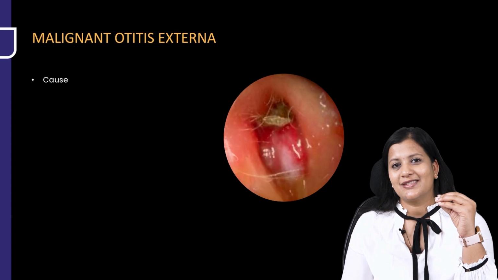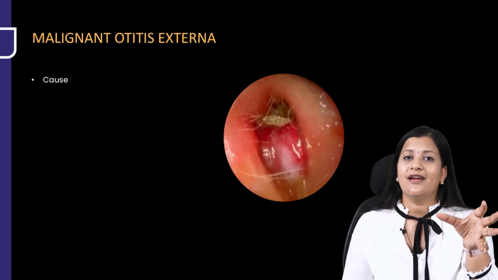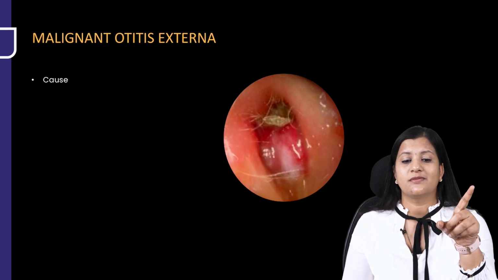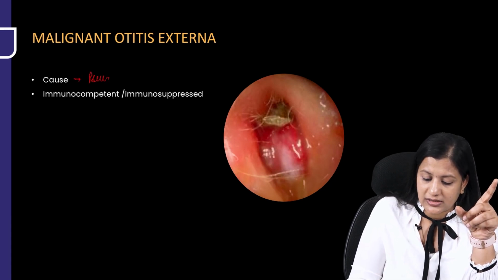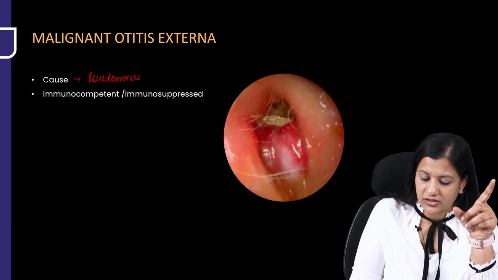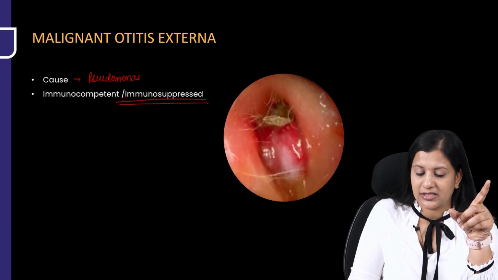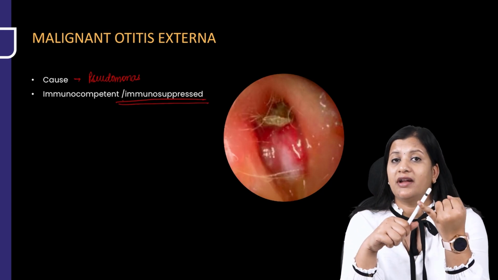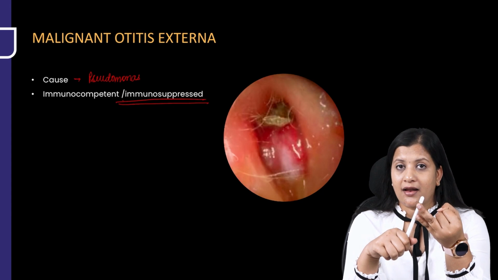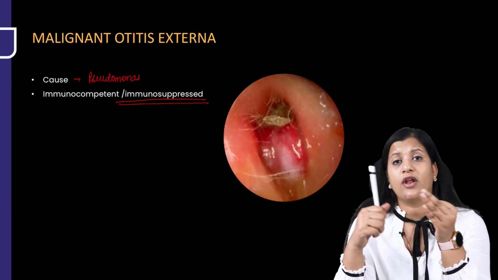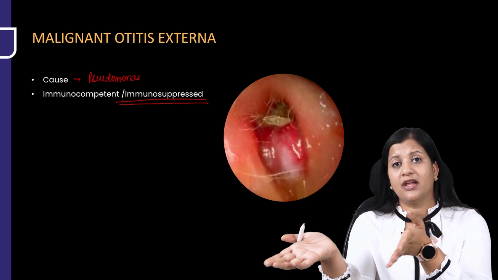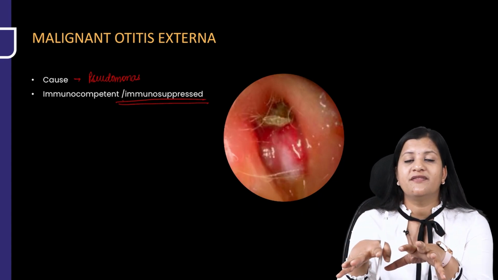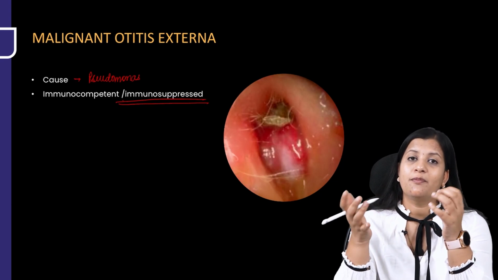What is the cause of this malignant otitis externa? It is again caused by Pseudomonas, but here the patient is immunosuppressed. So it is a pseudomonal infection in the immunosuppressed, especially if the patient has diabetes, has had a transplant, is on immunosuppressants for any autoimmune disorders, or is immunosuppressed because of HIV or any other immunosuppressive diseases. Then the patient can be predisposed